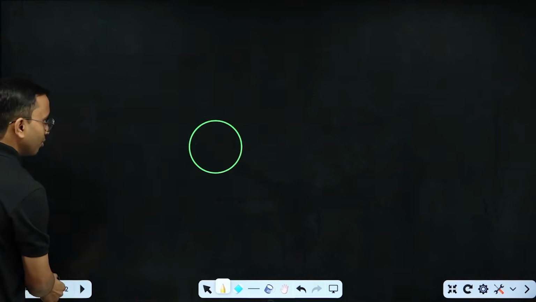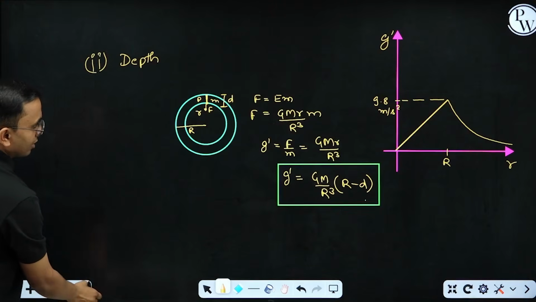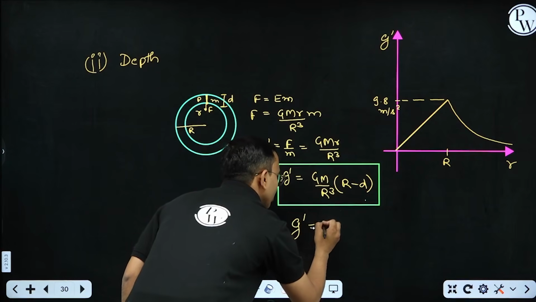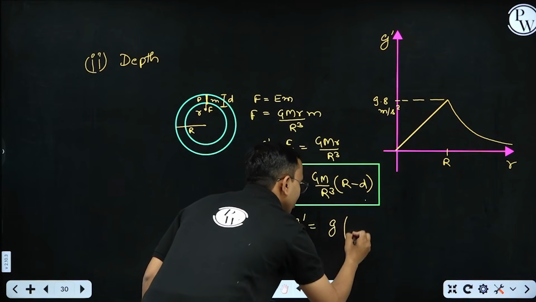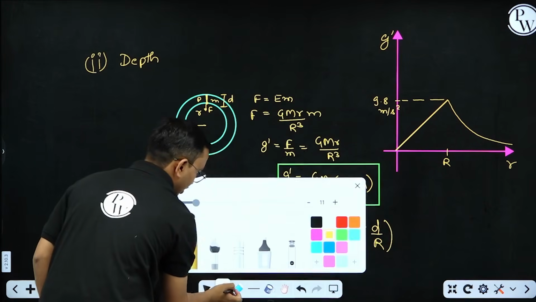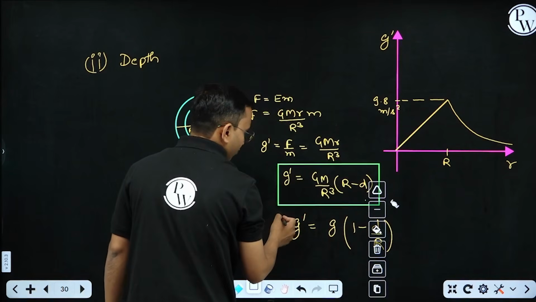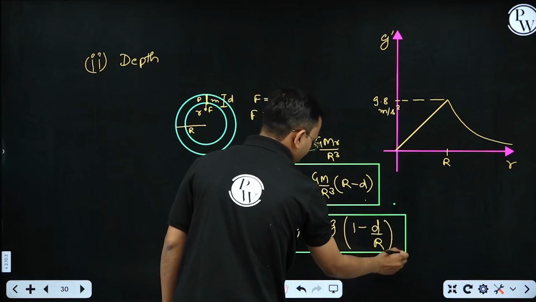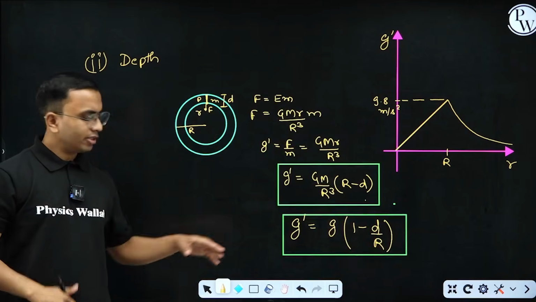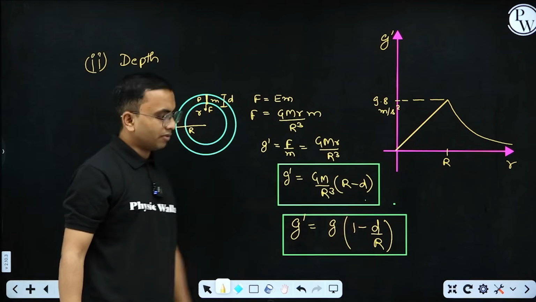Now when I was writing this formula, I converted that in terms of g also, or I left that as it is. I can convert this in terms of g also. So g dash is equal to g into 1 minus d by r. In terms of g, you can write it like this. Whichever way is easier for you to remember, you can remember. I generally write directly like this because I relate that with a solid sphere. But if you want to remember in terms of g, you can. No problem.